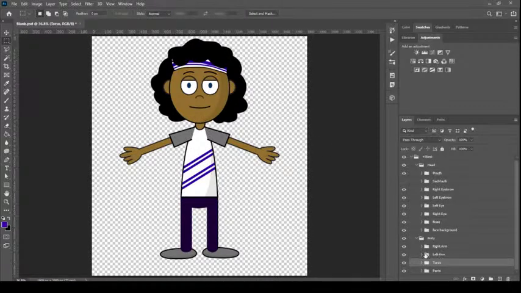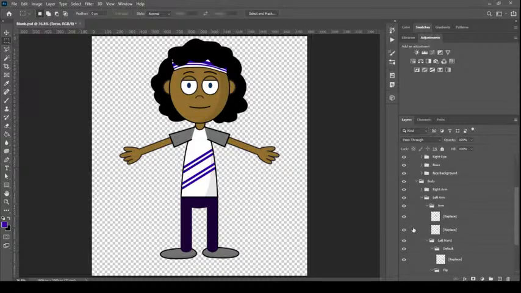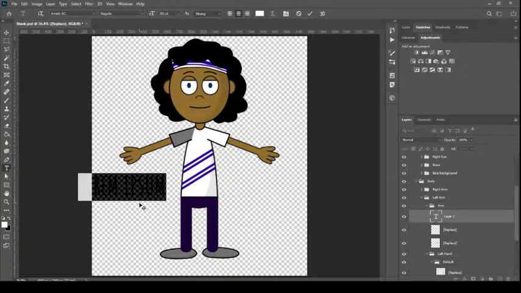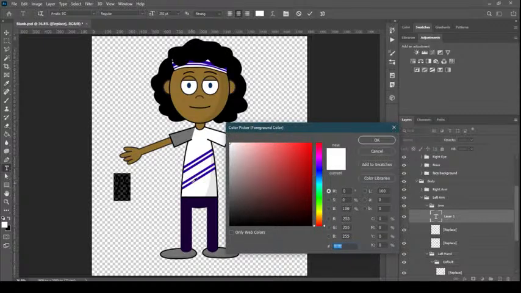Now when I'm done, I will go to my left arm. Okay, sleeves, I will take my white color here, put this inside the sleeve. Okay, and what else I can do here is take my number here and write it here, 25 or something, and change its color to the same as the stripes color,